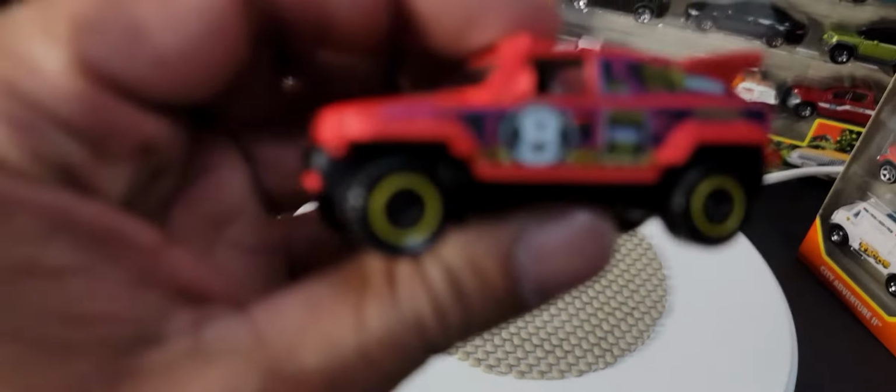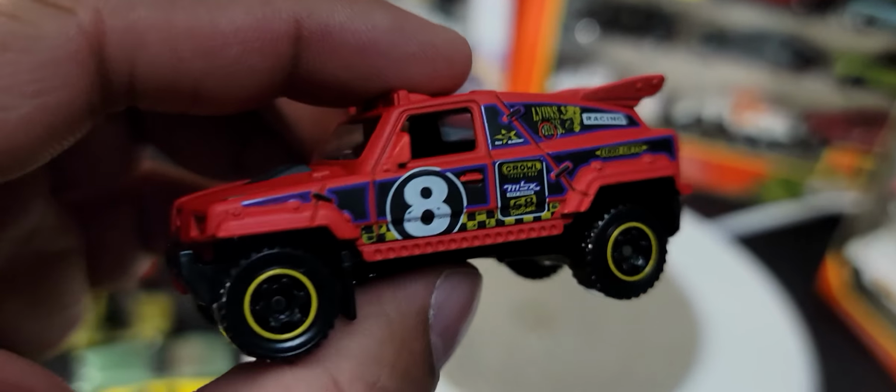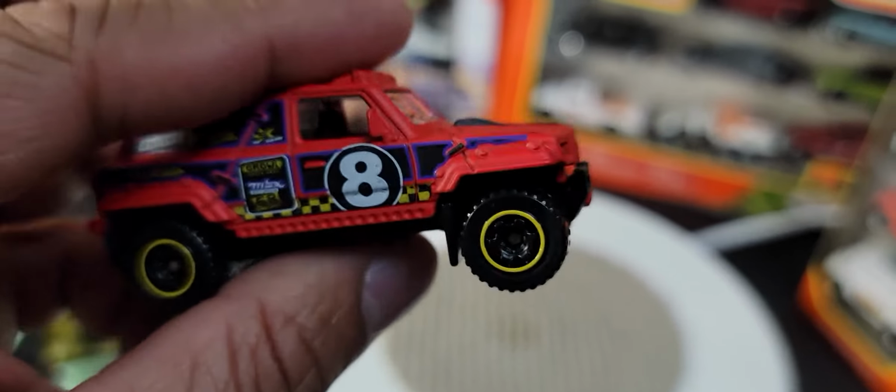Next we have this vehicle. I feel like we had it in either a 5-pack or a 9-pack already this year or last year. Not one that I'm necessarily collecting, but I do have a few different versions of this. I don't think it's a licensed vehicle. It's called Ridge Raider. It's definitely not a licensed vehicle. Decent. I think kids will like it. We also saw it in that MBX Rally 2 5-pack from last year. There it is. For anyone that cares about it. And then